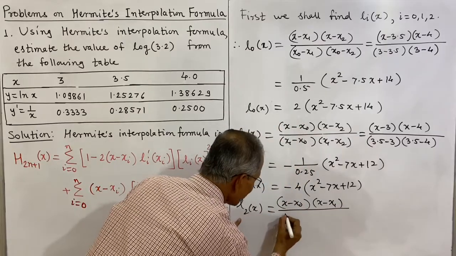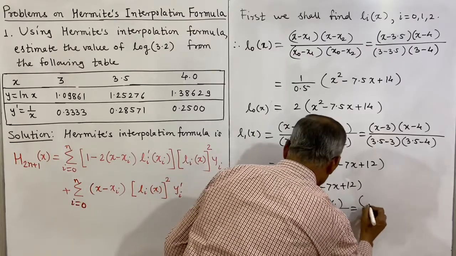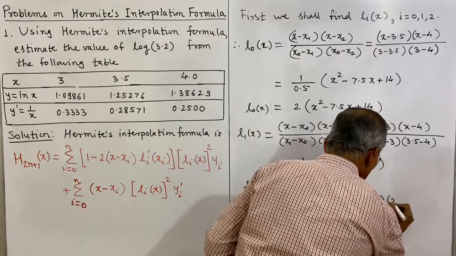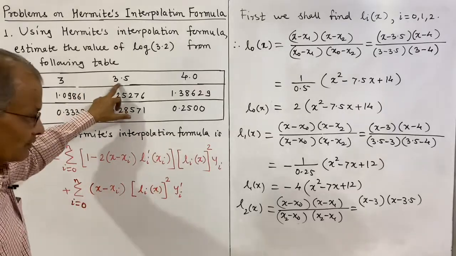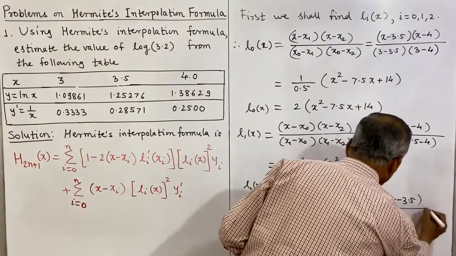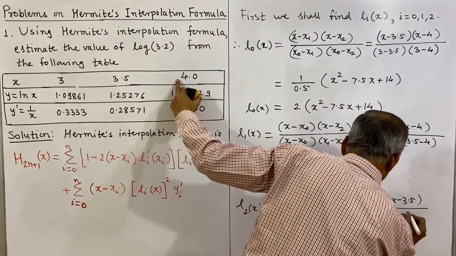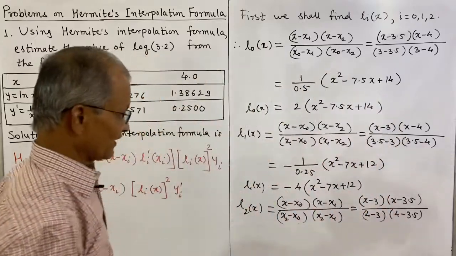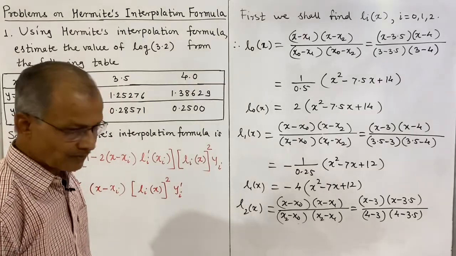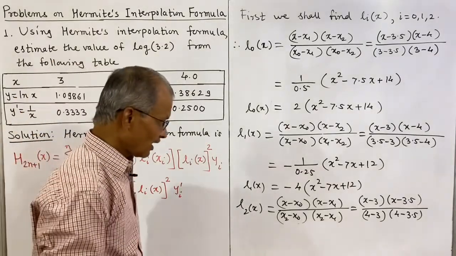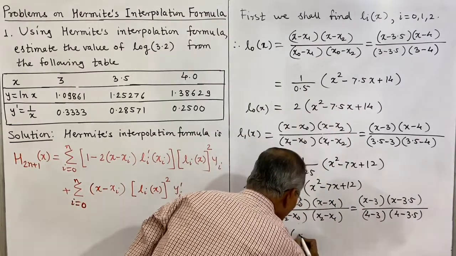Now this x is to be replaced by x2, so x2 minus x naught, x2 minus x1, which is x minus 3, x minus 3.5. You see the value of x, x naught and x1. The denominator is x2, which is 4. This is the value of x2. That is 4 minus 3 and 4 minus 3.5. You see, this is 1 and this is 0.5. 1 upon 0.5, that is 2, and 2, and this is equal to 2 into bracket, that is x square